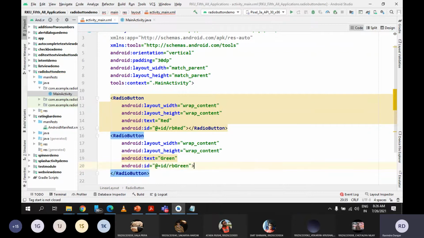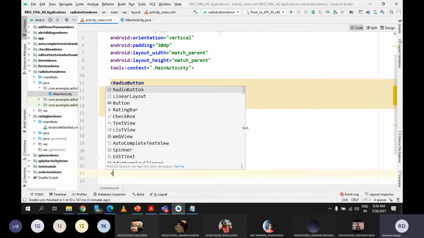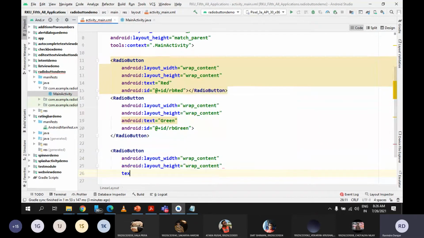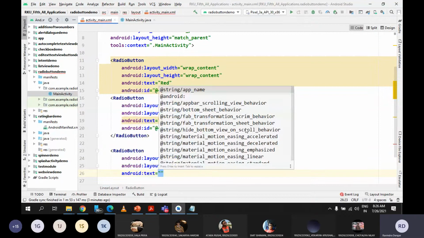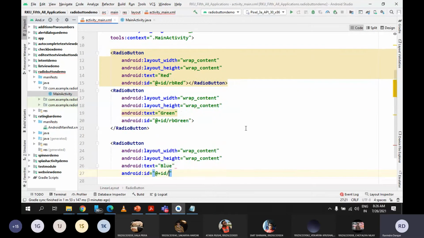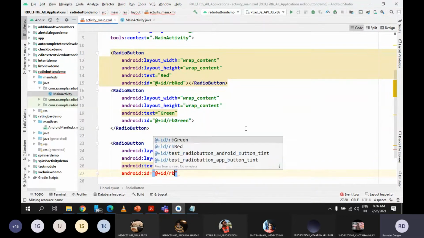And in the same way I want one more. Let me go with the third radio button. Wrap content, I want text as blue. I want an ID as well, and this time the ID is rb blue.